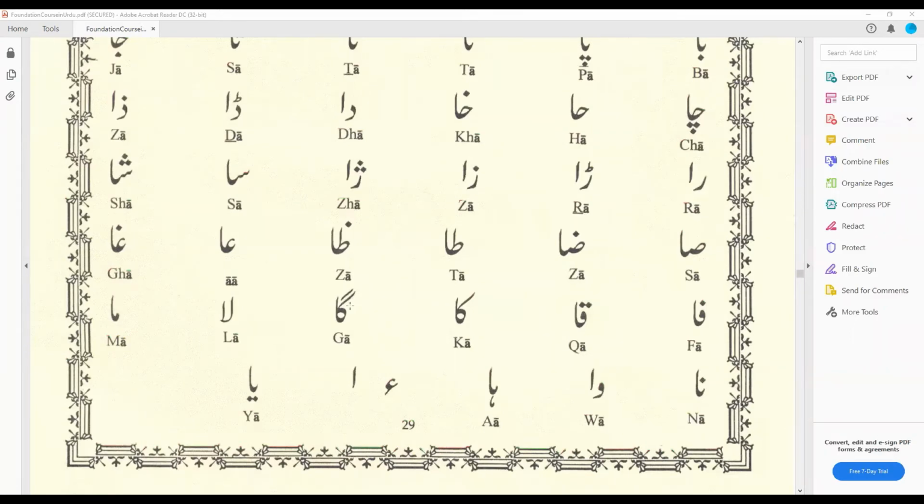Okay, this is how the letters join with alif. Every alphabet, when we join it with alif, these sounds come up: a, sa, sha, ra, la, ma, na, wa, ha, ya, like these sounds.